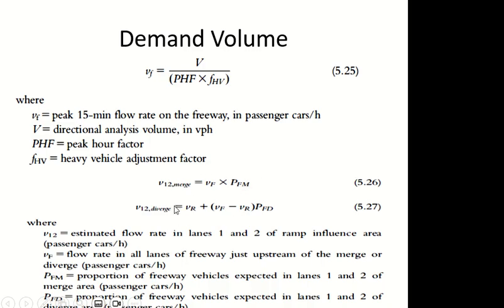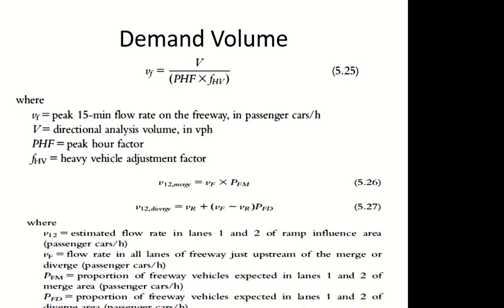This step will only be required when you have more than two lanes, because if you have only two lanes, then your flow is in two lanes. If you have only two lanes in one direction, then your VF is in two lanes, so you don't go to this step. But if you have three lanes in one direction or four lanes in one direction, then you have to